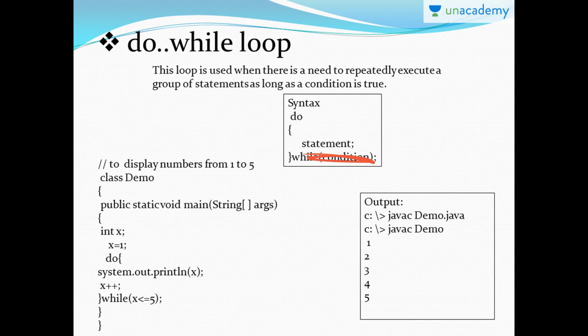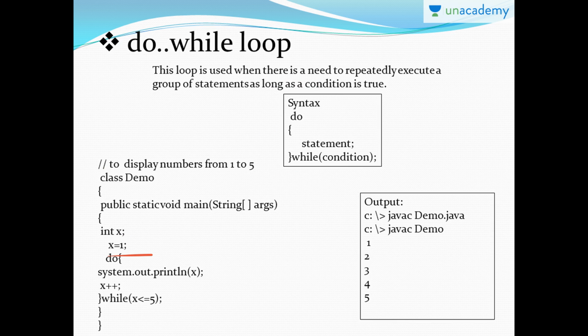Whether the condition is true or false, this statement will be executed once. Only then will the condition be tested. Again the loop will be repeated, and again the condition will be tested. If it is true, the loop will be repeated. This is the syntax. Coming to the example program, I'm giving a variable int and assigning the value 1